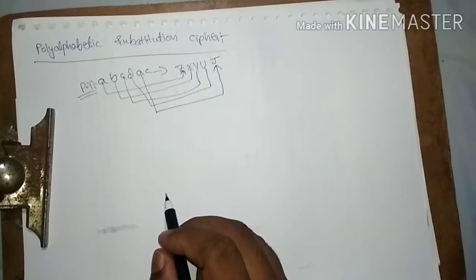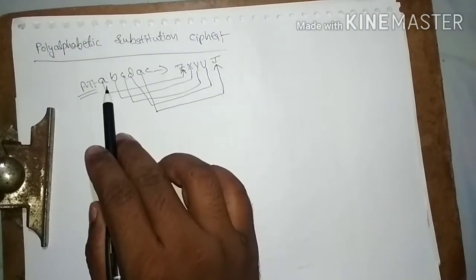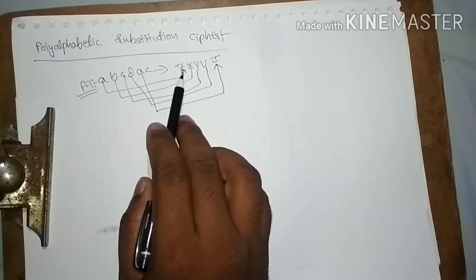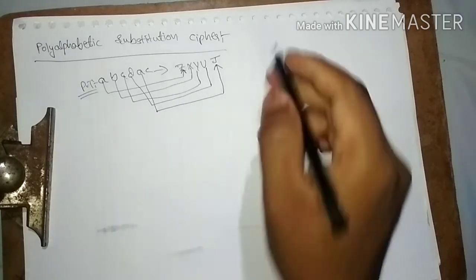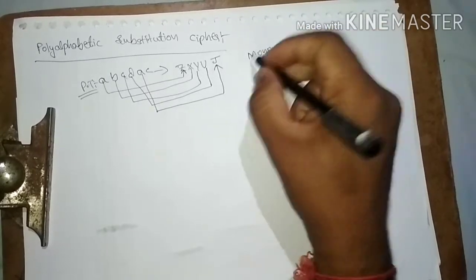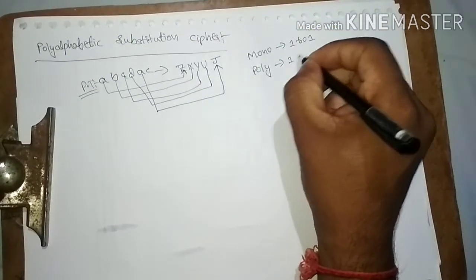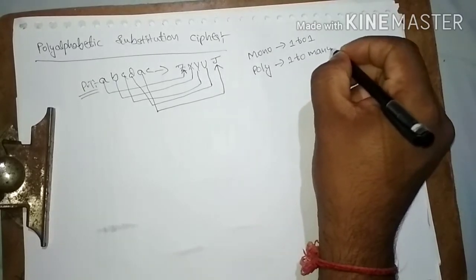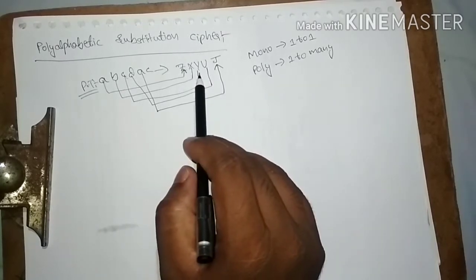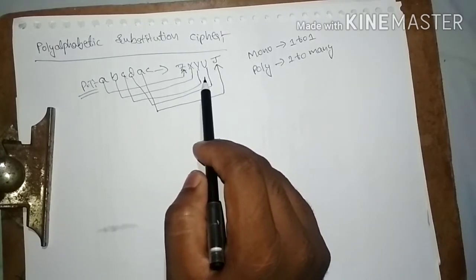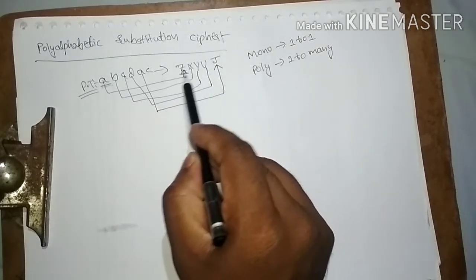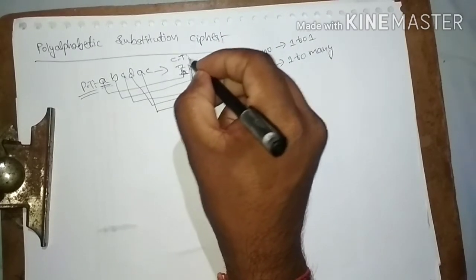J. Okay, it will differ because in monoalphabetic the relationship between plain text character and the ciphertext character is 1 to 1, but in poly it is 1 to many. That means for one character in plain text there are several ciphertext characters. Here A is replaced with Z in ciphertext.